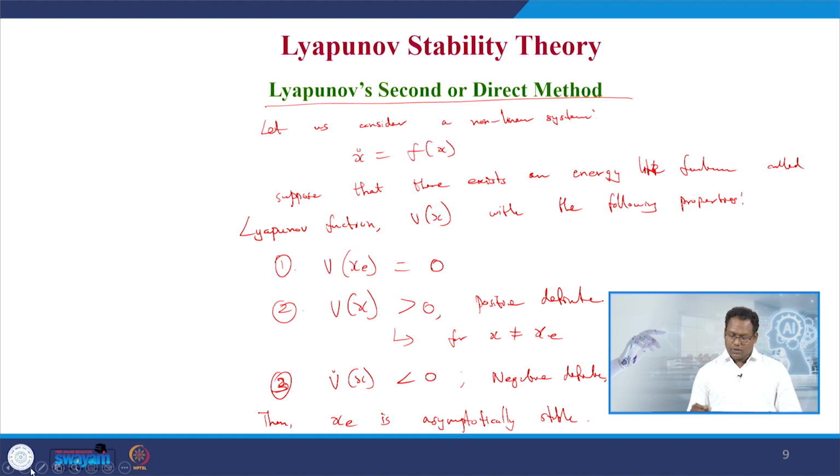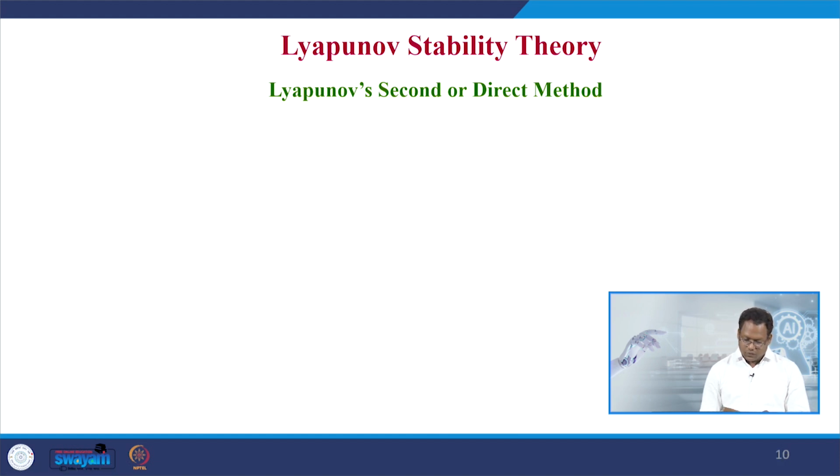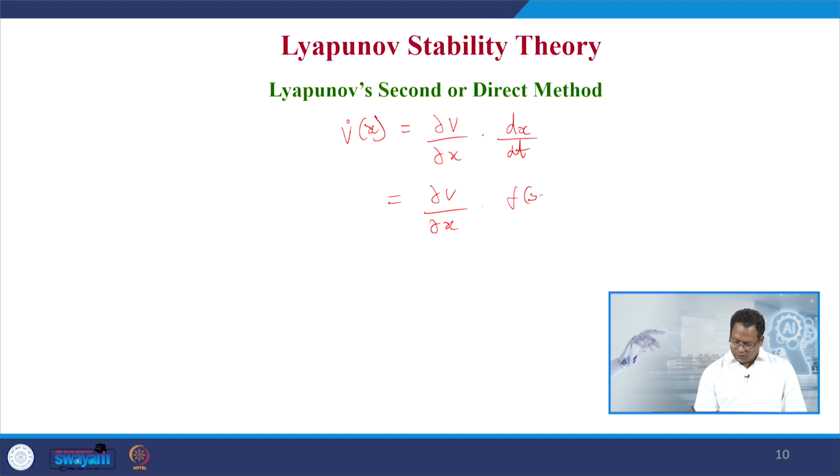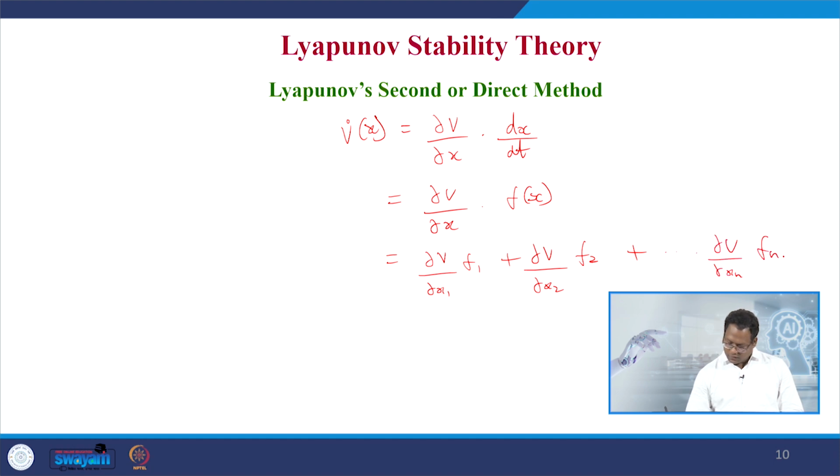Now, having given V of x, then we need to go for finding the V dot of x, the time derivative of the Lyapunov function candidate, which is given by V dot of x equal to dou V by dou x into x dot, which is equal to dou V by dou x into f of x, which is equal to dou V by dou x1 into f1 plus dou V by dou x2 into f2 plus it continues up to dou V by dou xn into fn. Now, this method has advantages